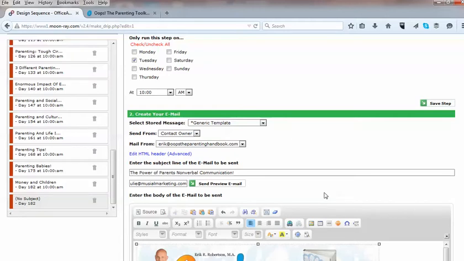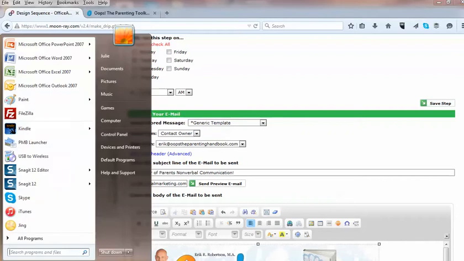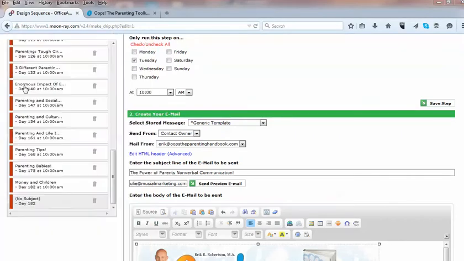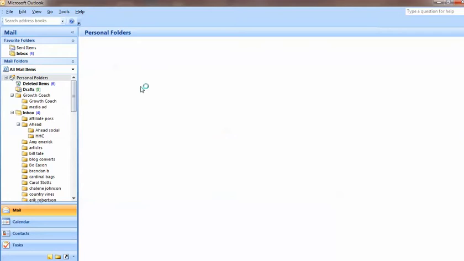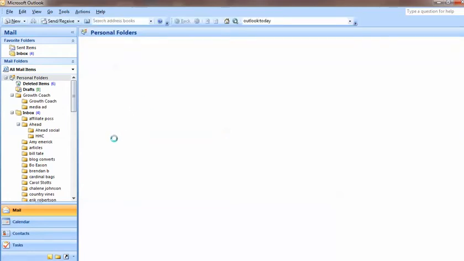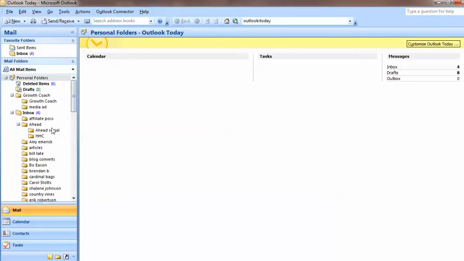So I'm going to go to my email, which I don't have open right now. So I'm going to go ahead and open it. And as soon as I get there, I am going to click Send and Receive. This could take a while. So once I get there, I'm going to click Send and Receive, in hopes that it's going to come in relatively quickly. It's still coming up. My computer's slow today. I'm going to click on my inbox,